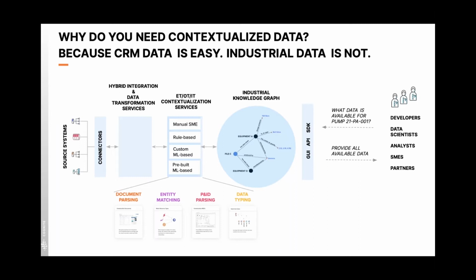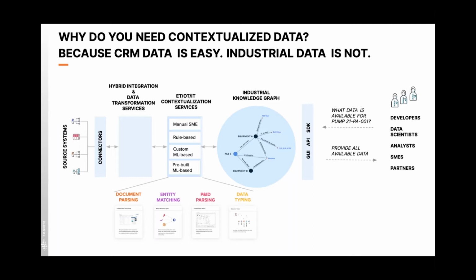And to make this work, we need to look at getting the data in, and this kind of a schema that you have here, or topology, is essentially what is at the core of the Cognite Data Fusion industrial DataOps platform. So we start with the source systems. By deploying connectors at the edge, we can integrate data, or we can integrate data that is already in the cloud, of course. Integration is a hybrid approach, so it can either be data replication or it can be virtualizing access to the data and leaving it at its source.